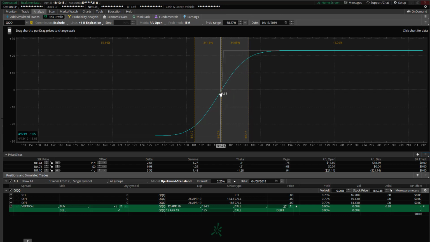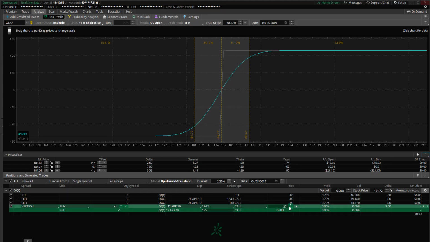And now I can answer the question, could the Qs move up enough to make it profitable for me in this time frame? Now, I like to manage my positions at around a 55 to 65% profit. I do not aim to take max profit in a trade like this. So I'm not worried about reaching this goalpost way up here. The standard deviation, the expected move, is showing me that yes, this $27 trade,